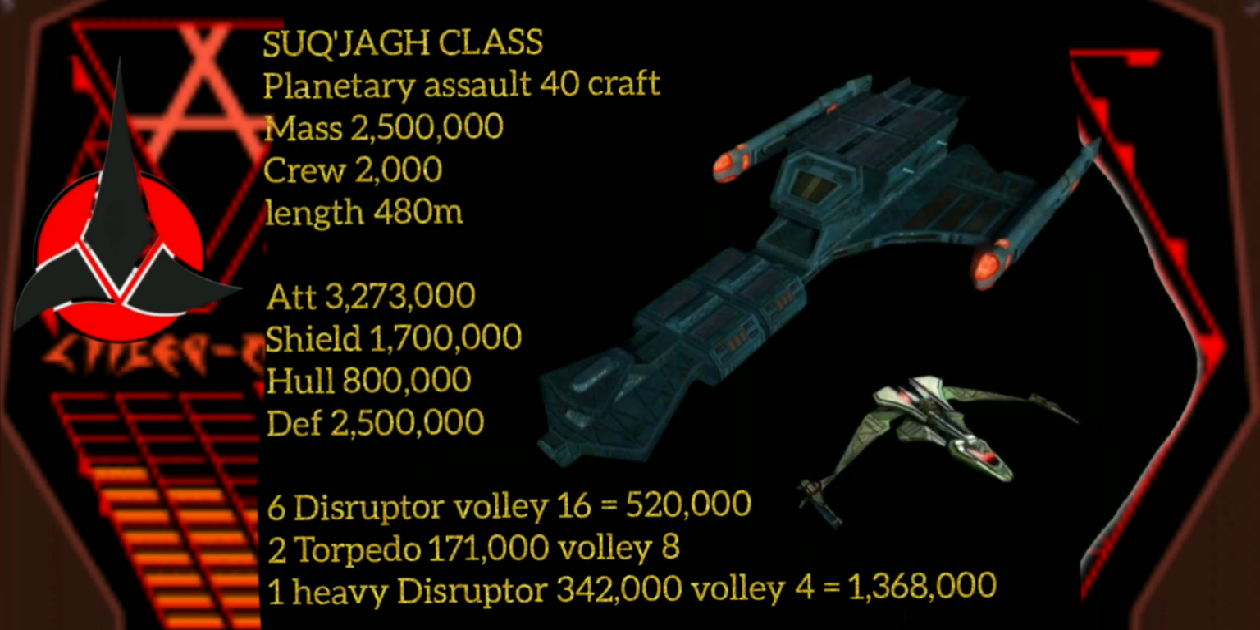Next is the Suq'jagh class planetary assault ship. So it carries 40 fighter craft. It has a mass of 2,500,000 metric tons. Has a crew of 2,000. Has a length of 480 meters. Has an attack of